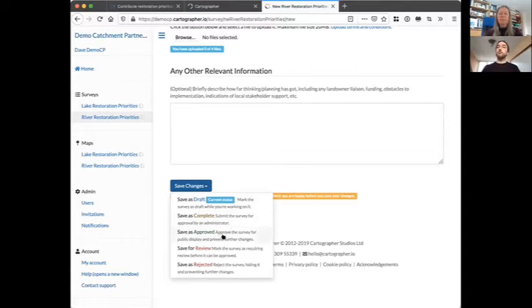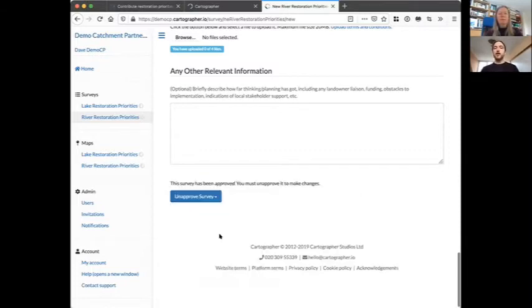Or you can mark it as approved. And approval is a special status that soft locks the survey form, if you like. You can always unapprove things and come back and edit them later. This is always your data. You can tweak it as necessary, but we can just say, okay, for the moment, we're going to soft lock